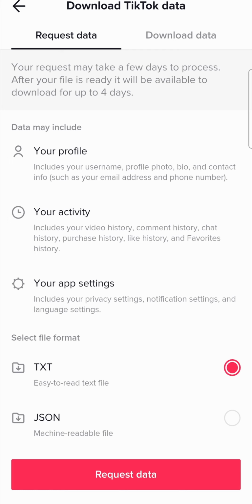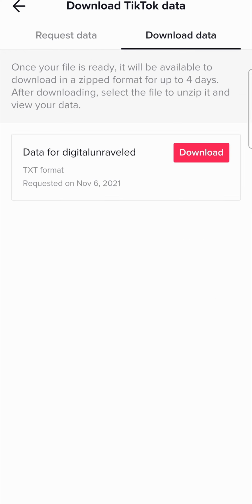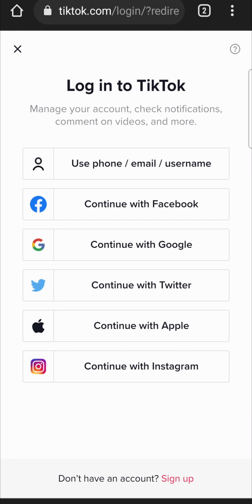That's going to take a couple of days to process, and then when the file is ready, you can tap on there at the top where it says download data. Now I've already done this to save time, but here's the data for my account. All you need to do is tap on the download button, and then you'll just need to log in with